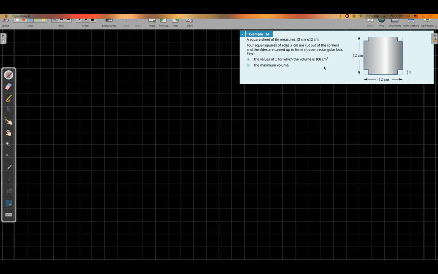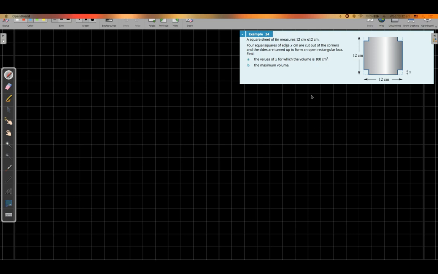Okay, so we're starting out with a 12 by 12 sheet of tin metal. Four equal squares of edge x centimetres are cut out of the corners. So these are squares that are cut out, and the side length of these little squares is x. We're going to turn the sides up to form a rectangular box. So what we want to do is find the values for x for which the volume is 100 centimetres